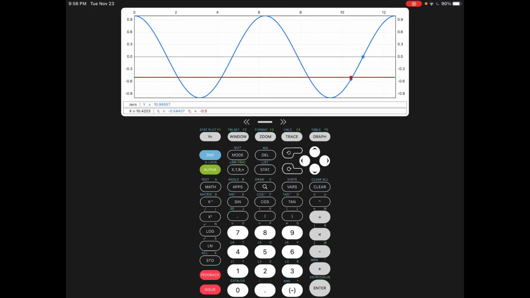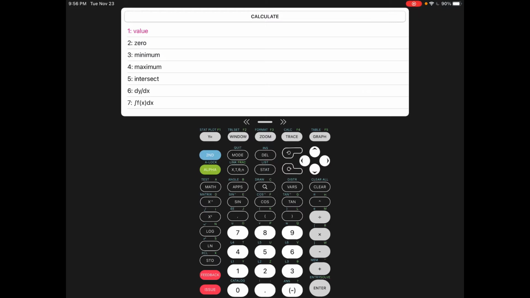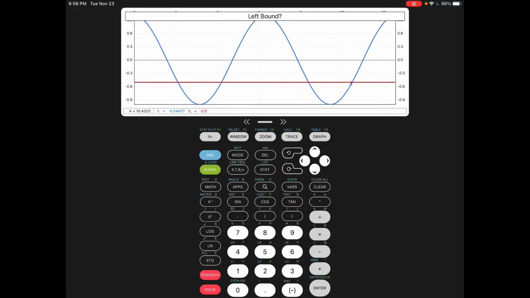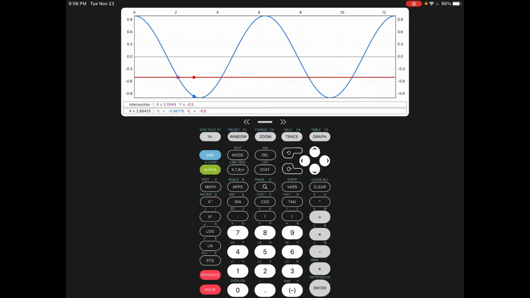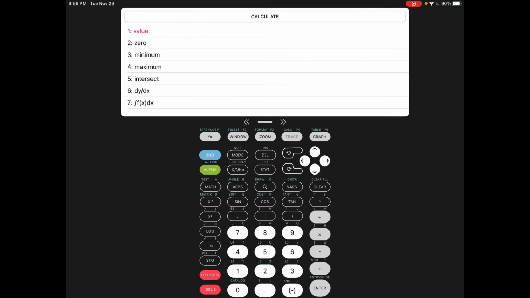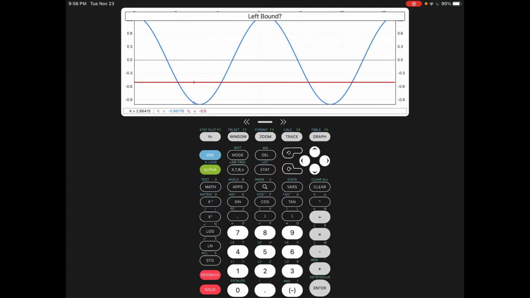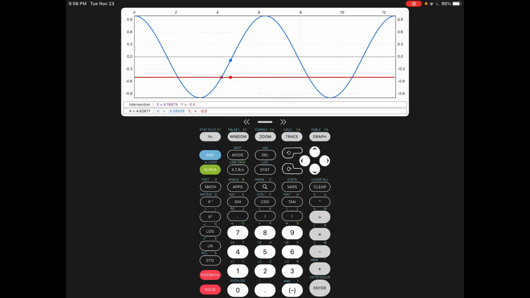And we could use our GDC to find those intersections. So I'll go second calc, intersect, and for mine it's a touch different than for yours. I got to choose a left bound and a right bound. And it'll tell me that there's one at 2.09. That's what it says in purple. Okay, and I can repeat that, and I'll find some other ones. I'll get a left bound right here, and a right bound, and I get another one at 4.19. Okay, and there are 2 others